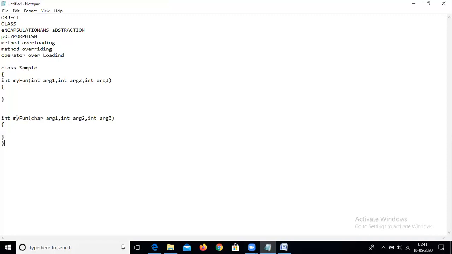Suppose there is a son who is traveling from a source to a destination, but he lost his wallet. Where will he go to get the money? He will go to his father to take money to pay the taxi or the rickshaw. Similarly, that relation is called inheritance.